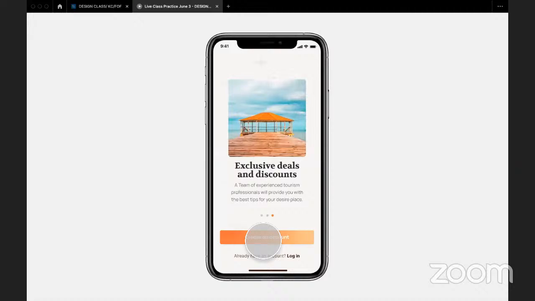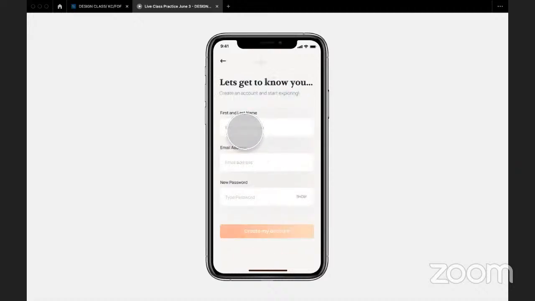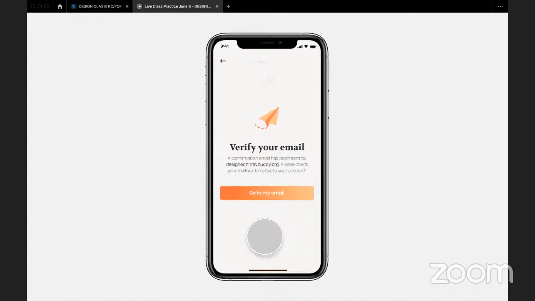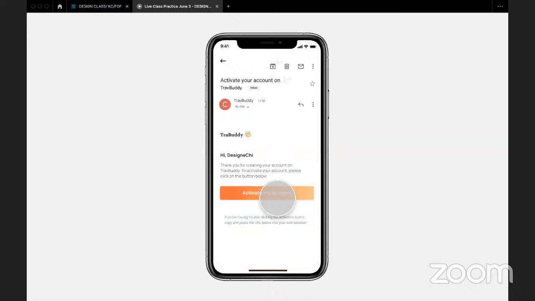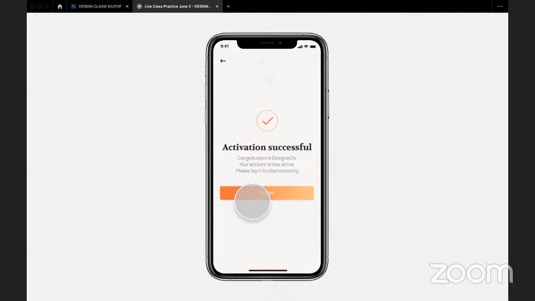Okay. So create an account will take us here. Then we put our name. If I want this to show, I choose show. If I want it to hide. So we can see the transition in here. So if I say create an account or create my account, this is like you personalizing your action. All right, so go to my email, activate my account, login,